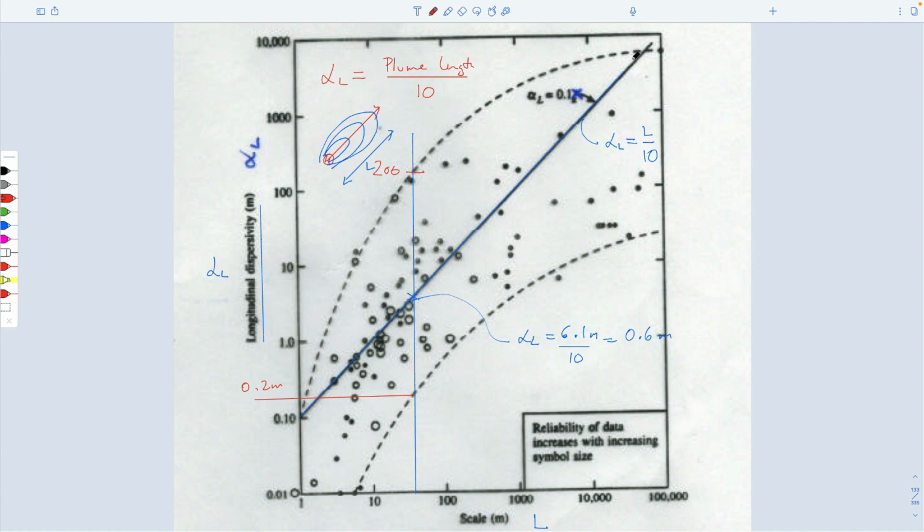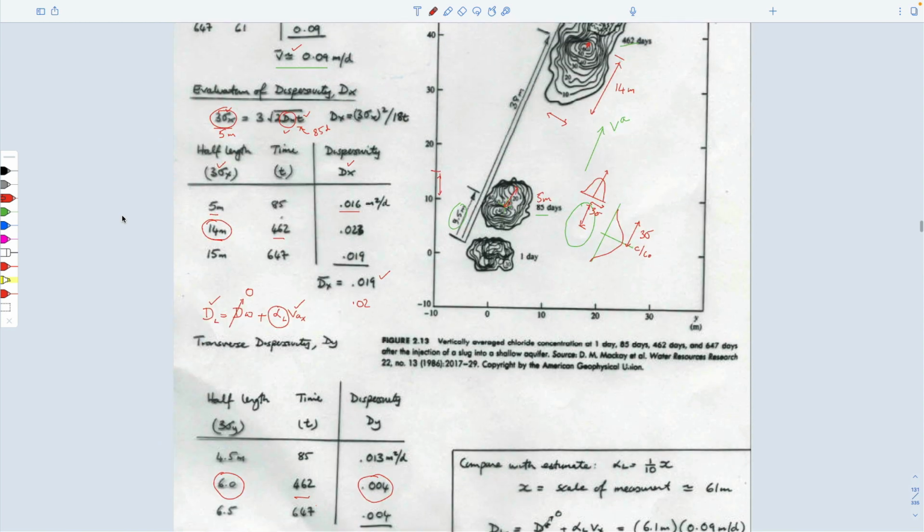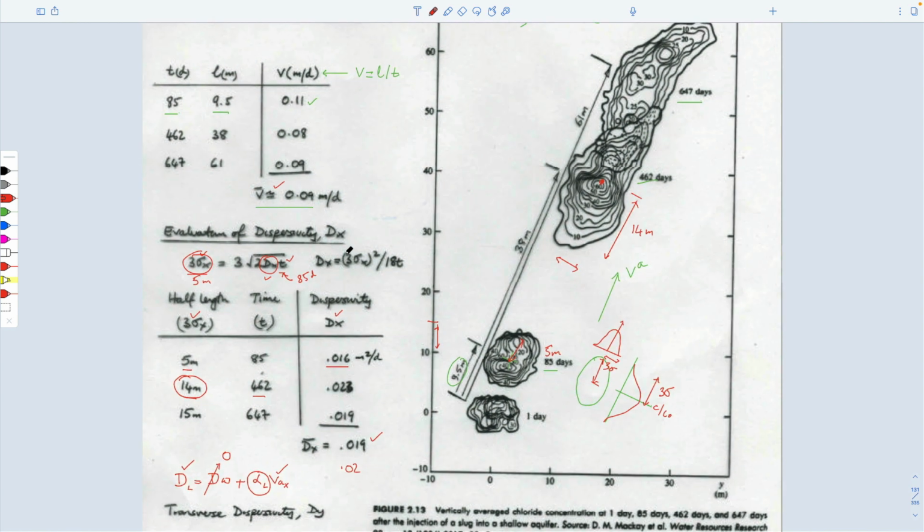So we can use this line that goes through this, but you have to realize that it's a shotgun blast on the barn door in terms of the spread of these. And so although this might be a good characterization of what's going on as a line through the center, there's pretty significant outliers on either side. And the reason for using 61 meters is that the largest size of our plume is 61 meters. So the alpha L that we'd predict for this would be 61 over 10, which is 6.1